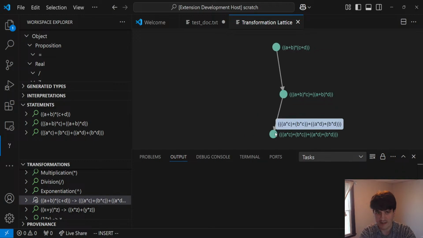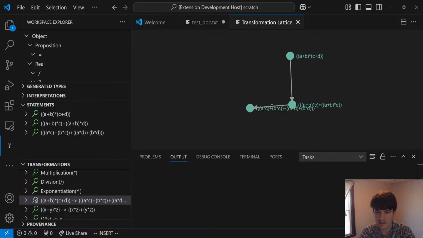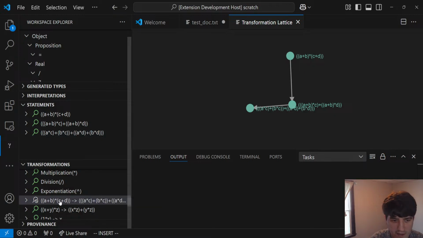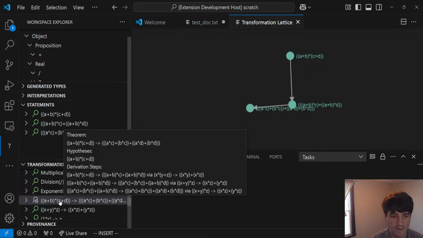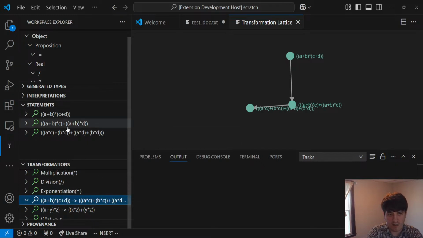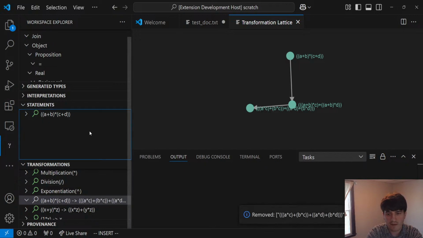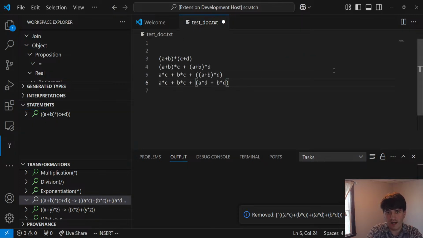And we have this nice derivation, we have a nice provenance, and if we didn't already have this as a theorem that I proved before, we could turn it into a theorem, which then means we can use it directly. So if I put this transformation back in scope, and I remove these, and start from the same point again, I can actually just go straight to the answer,